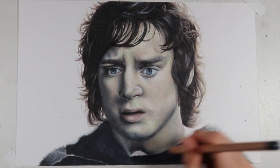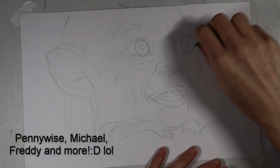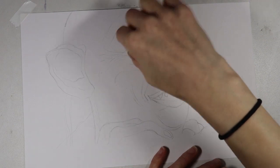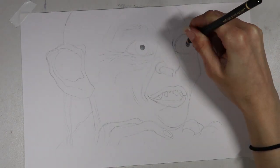Alright, so the first portrait I'm going to talk about is the one I did of Gollum. And I know that he's a little bit creepy and scary looking. If any of you have seen any of my really early videos, you know that I like to draw horror movie characters and things like that. So he is a little bit scary. Sorry if that's off-putting, but I think the drawing turned out really good, so I did want to share some